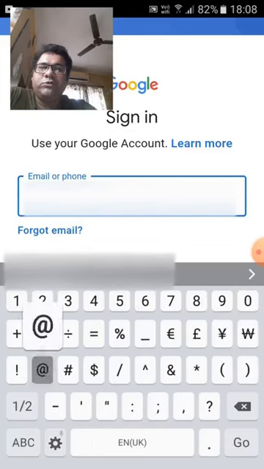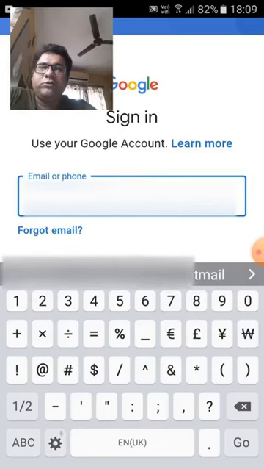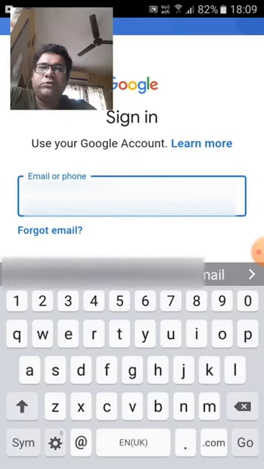Now this is a sample email, where you type your name and surname at the rate and your school name or organization name.